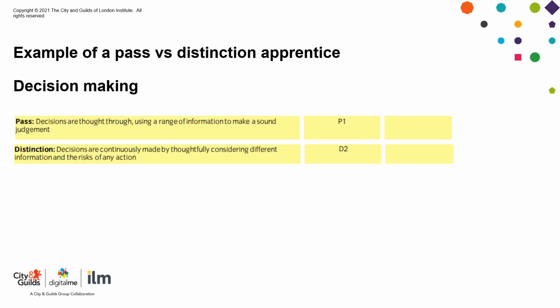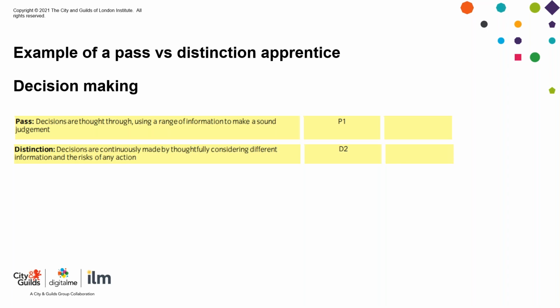So to gain a pass, the presentation should show the apprentice has had to make decisions independently and why they made them. What was the basis for these decisions? For a distinction, they would have been making more decisions, necessitated by the project being significant or more complex, and the decisions are therefore based on a wider range of information, perhaps responding to changing circumstances. While making those decisions, they need to consider the risks involved and what could be done to overcome them.